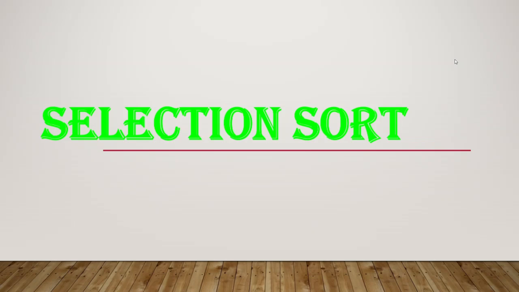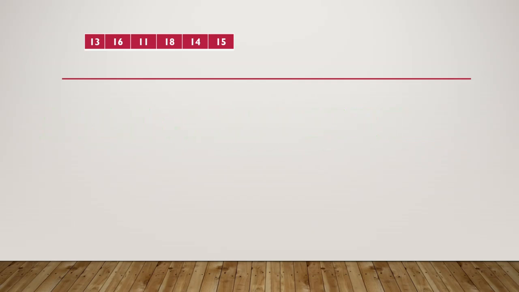Today, we are going to discuss the next sorting algorithm, that is selection sort. In the last video, we discussed the bubble sort algorithm. Selection sort algorithm is an advanced version of bubble sort algorithm. So let us see. Here we have an array of elements to be sorted, which I have given in the beginning itself. So these are the values which we are going to sort today in the selection sort.